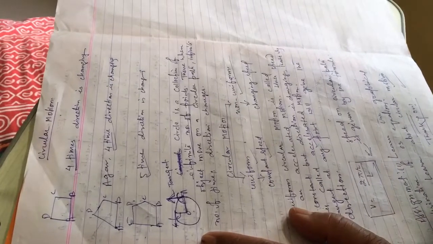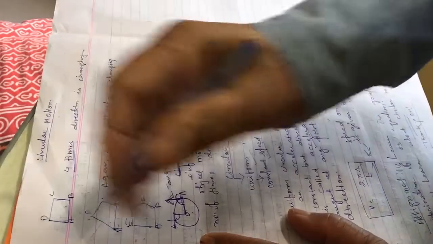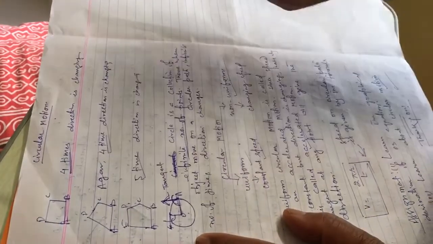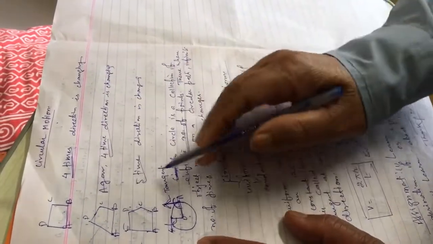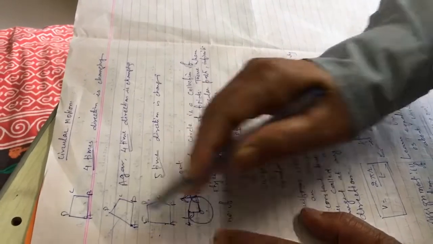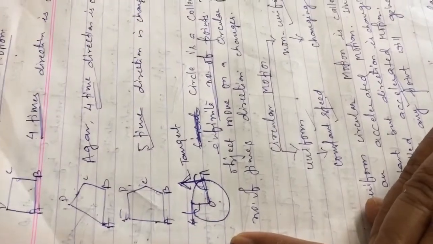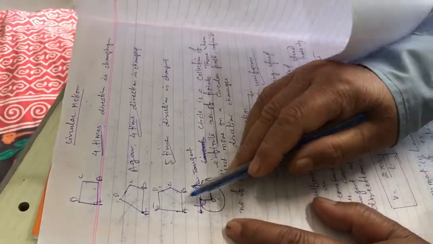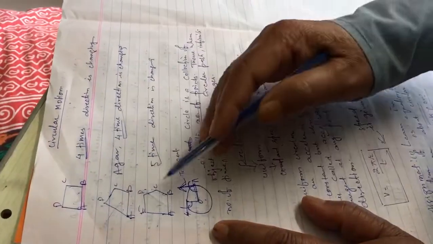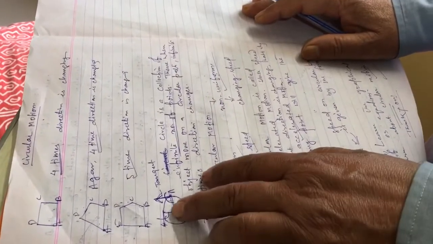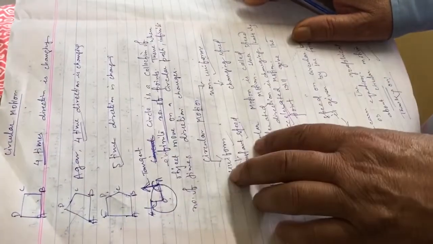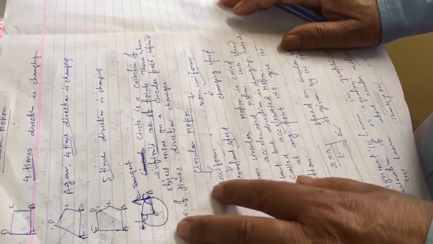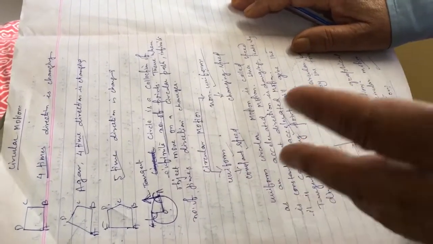One thing I would like to ask: whenever you walk on a quadrilateral path, how many times will your direction change? Obviously your answer is 4 times, sir. When I ask, whenever you walk over a pentagonal path, how many times will your direction change? Your answer is 5 times. Likewise, if you increase the number of sides of the polygon, the number of times your direction changes increases accordingly.